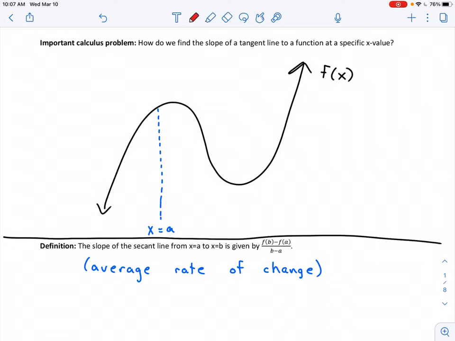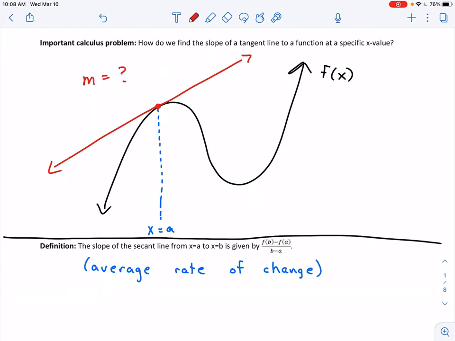What the tangent line to this function at that point is going to look like, it's going to intersect the function at that particular x value, and it's just going to graze the function at that one point. It should share the same slope, sort of the same curvature of our function at that one particular x value. And that's what the tangent line looks like. So this red line that I've drawn here is the tangent line to our function f of x at x equals a. And I want to know, well, how do we find the slope of this line?